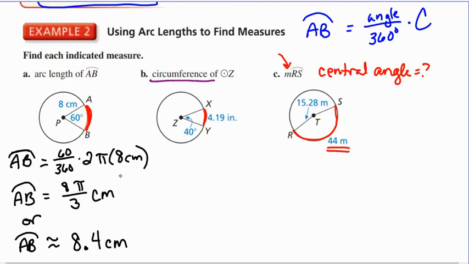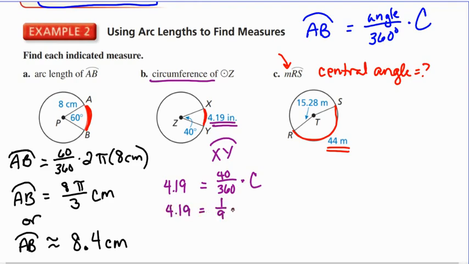Okay, so let's do this next problem. We need to find the circumference knowing the arc length. So I'm going to put this in place of arc XY, right? So this is going to be 4.19 equals my central angle, 40 over 360 times the circumference, so just C, okay? If I reduce this fraction, it turns into 1 over 9. So 4.19 equals 1/9 times C,